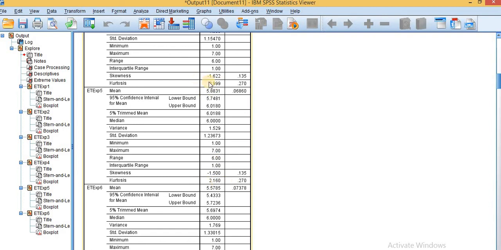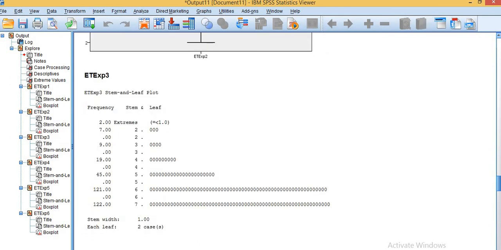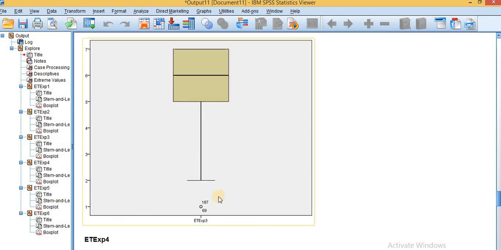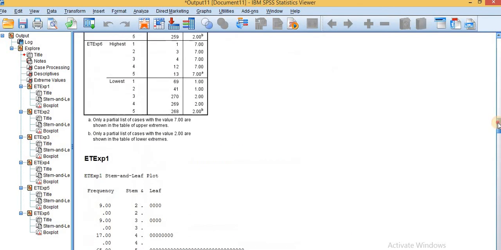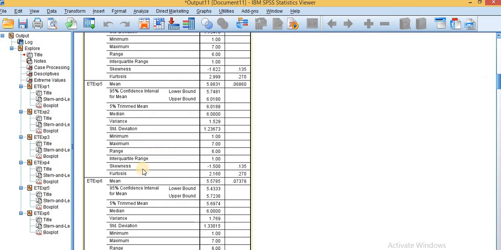If your values come under the threshold value, you can proceed with your data for further statistical analysis. Even if you have outliers existing in your data set, that doesn't matter. The existence of outliers doesn't matter if your data set is found normal, that the values of skewness and kurtosis are found under the threshold values for all the items.